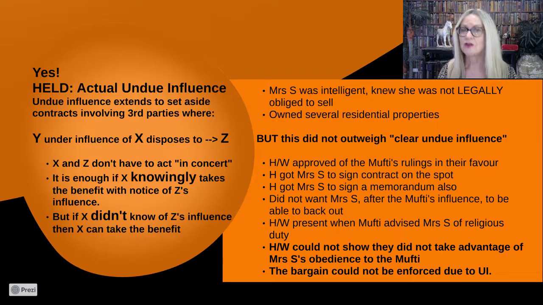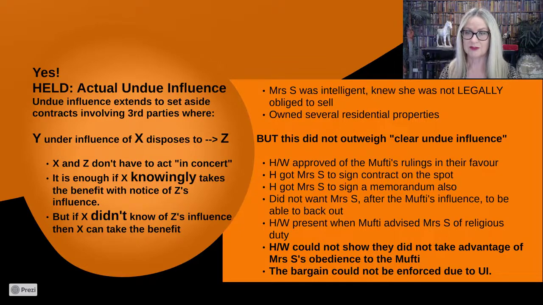They tried to argue that there was no undue influence here. Indeed, she was, as I said, an astute businesswoman. She didn't cave immediately. She knew that she wasn't legally obliged to sell. She owned a number of different residential properties. So they're setting up the case of her doing this of her own free will. Nevertheless, the court held that none of that really outweighed the fact that this was a clear case of actual